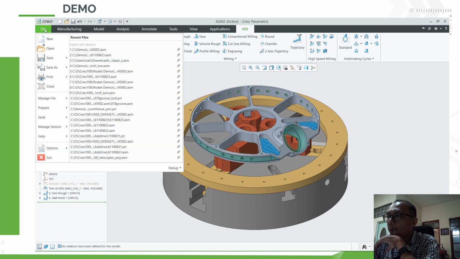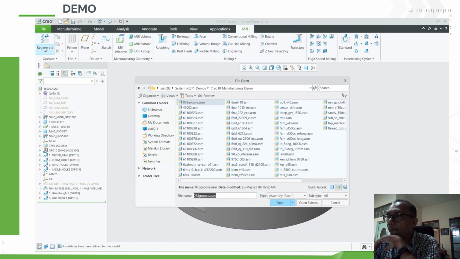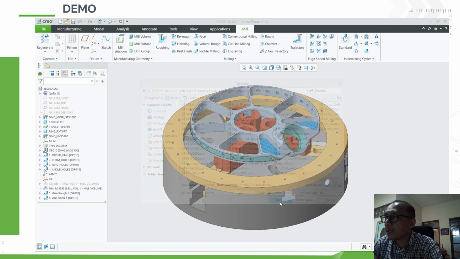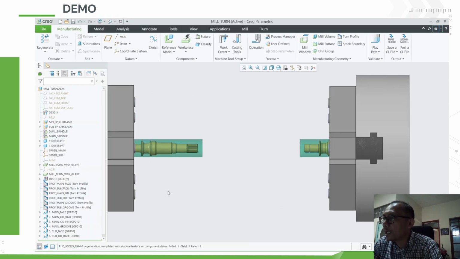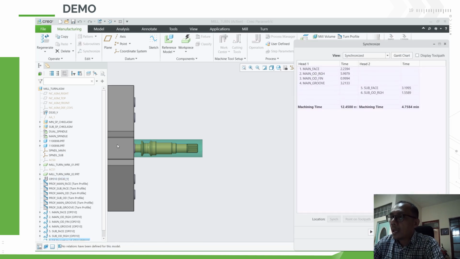Okay, next we have made a lot of enhancements, mostly user requests, for turning. Let's use this model to show some of them. Give you a quick idea of a couple of them. For example, if you are working with multiple heads,